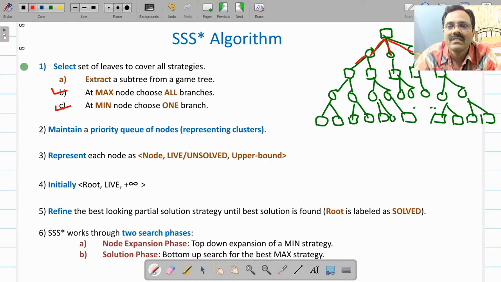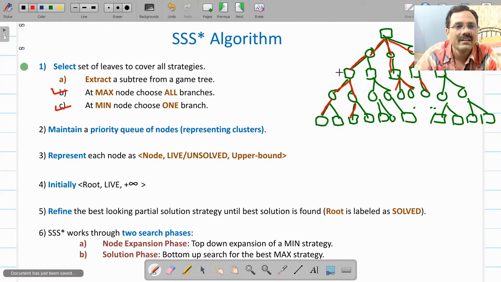Select only one. Initially we will select the leftmost. Here only one option is available, this one. So at max you select all, at min you select one, at max you select all, and at min you select only one. Initially we will select the leftmost. In this way, whatever subtree you get will cover all strategies. Not difficult, simple.